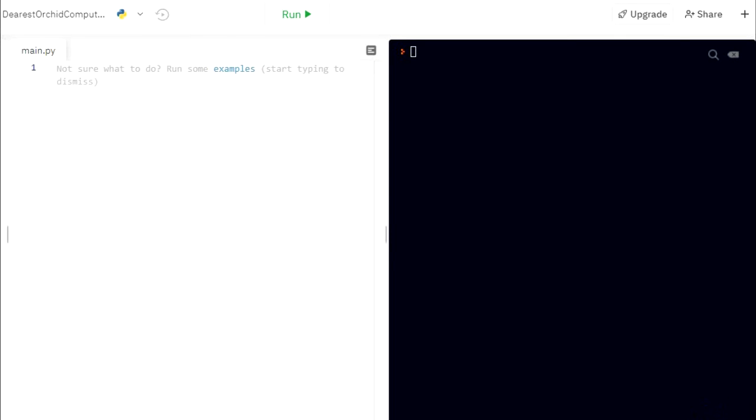Today we want to look at the basics of printing text to screen, but before we get into that, I just want to quickly give you an overview of the compiler that we will be working with. And so this is an online compiler. It's found at